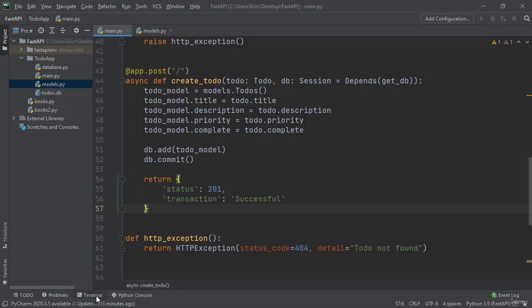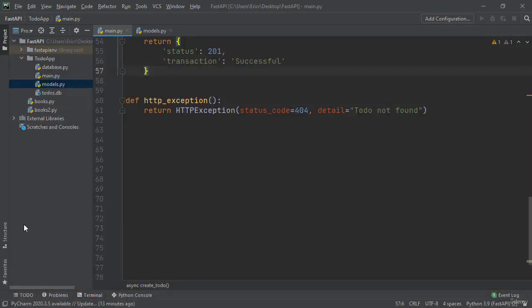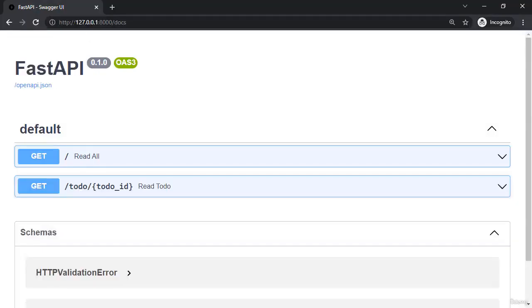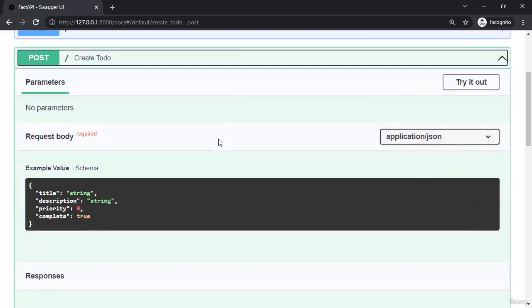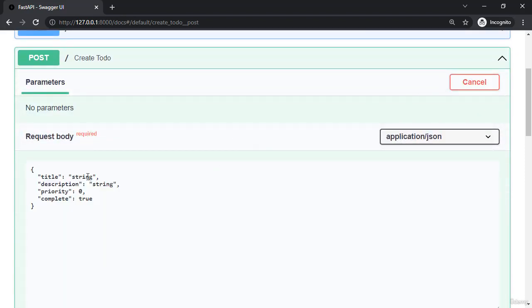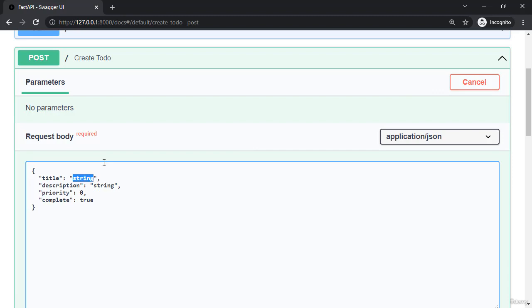All right, let's save our file and make sure our server is running. And now I am going to switch over to our Swagger documentation and refresh the screen. And here we can see we have a new post of create todo. If we say try it out, we can add in a new title, which I'm going to say is drink more water, with the description of I haven't been feeling well, with a priority of 5, and a complete of false. I'm now going to say execute,